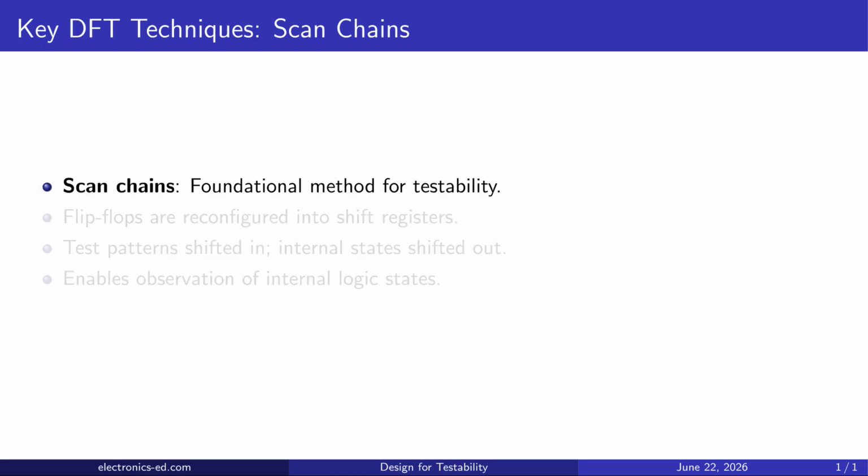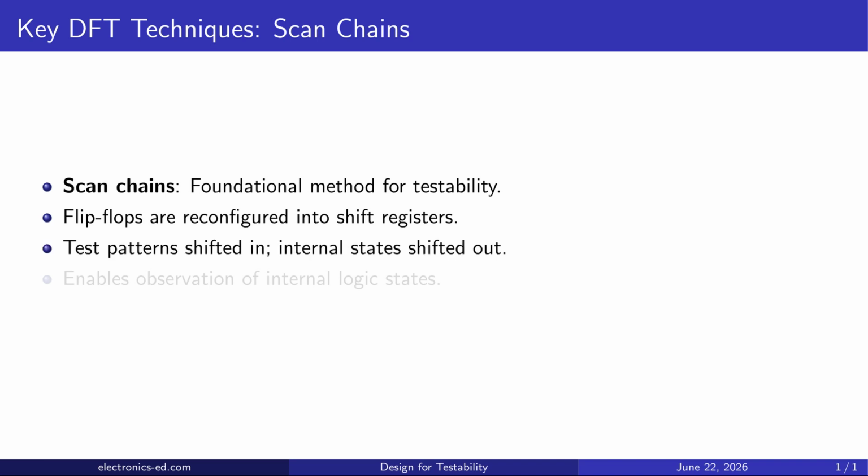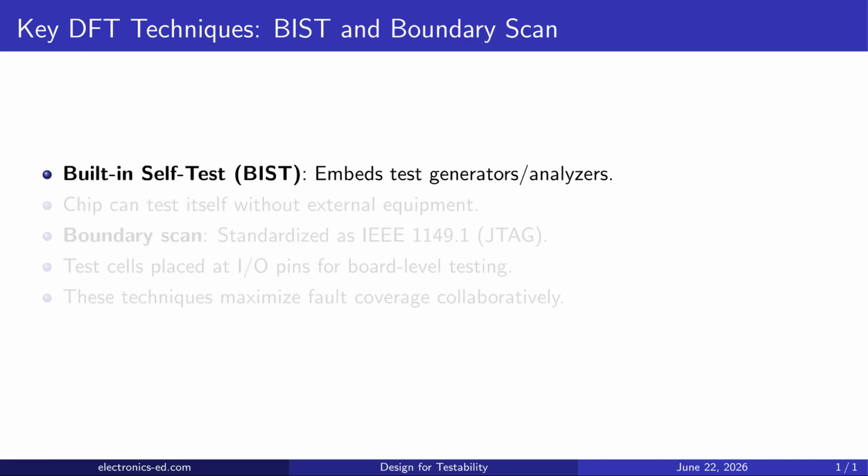Scan chains are a fundamental technique for testability. We reconfigure flip-flops to act as shift registers. We shift test patterns in and shift internal states out. This lets us observe the internal logic states easily. Built-in self-test, or BIST, embeds test generators and analyzers on the chip, so the chip can test itself without needing